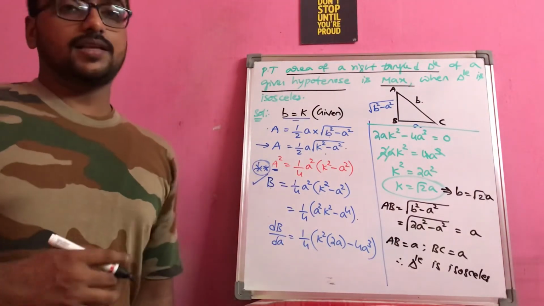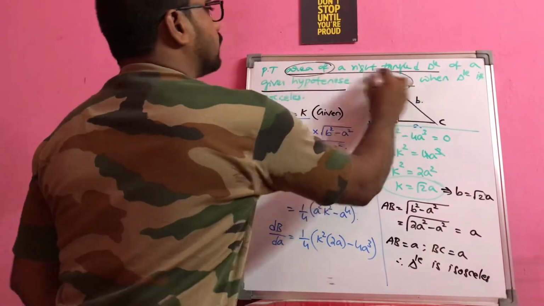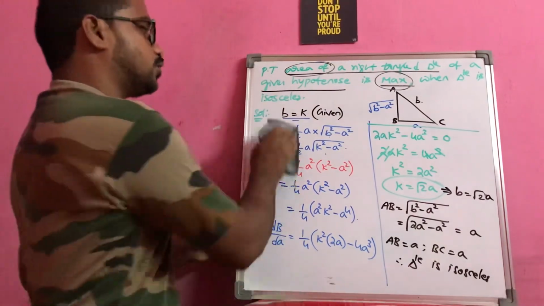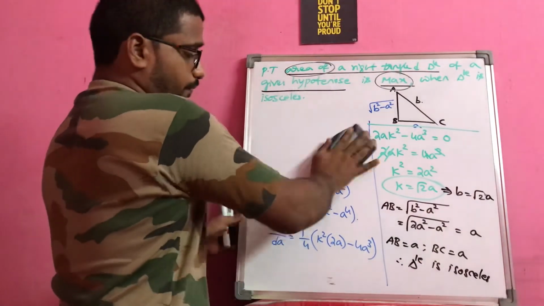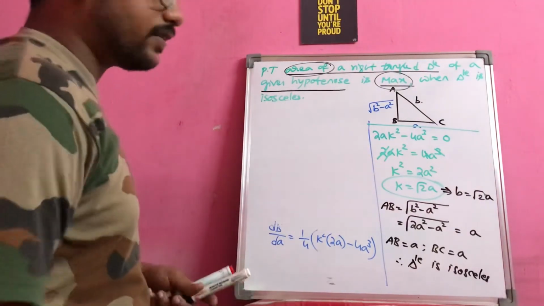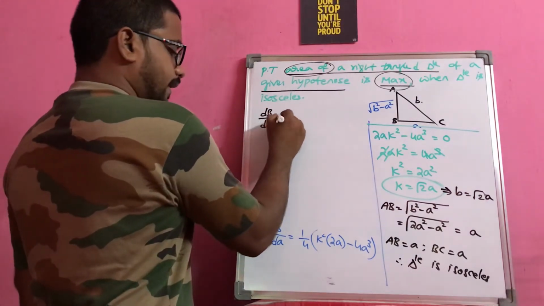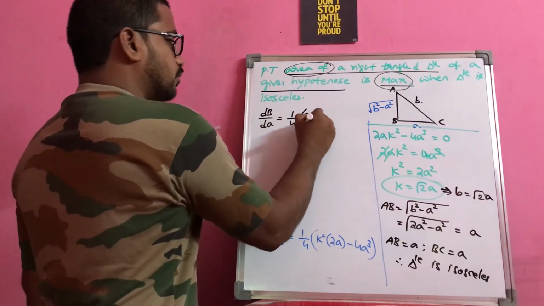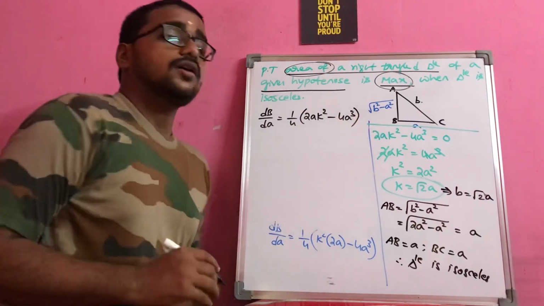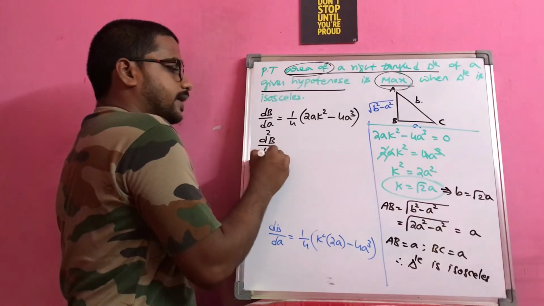This is not the final step because you have to conclude this statement that area is maximum. Area is maximum means what? Second order differentiation should be less than 0. So this is the first order differentiation I am getting. For this, if I apply differentiation one more time, dB by dA is equal to 1 by 4 (2a k square minus 4a cube). This is the function. For this, if I apply one more time differentiation,